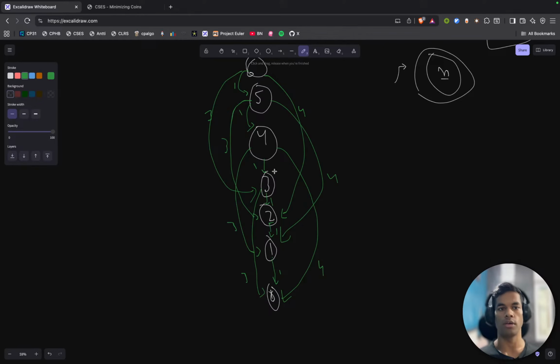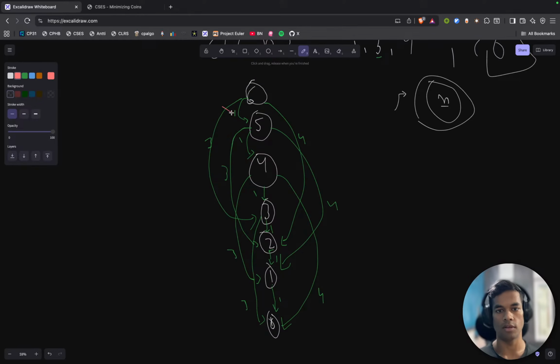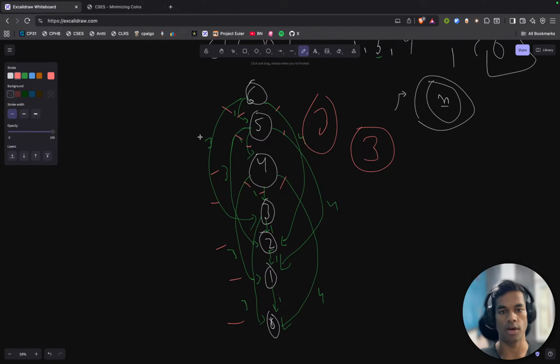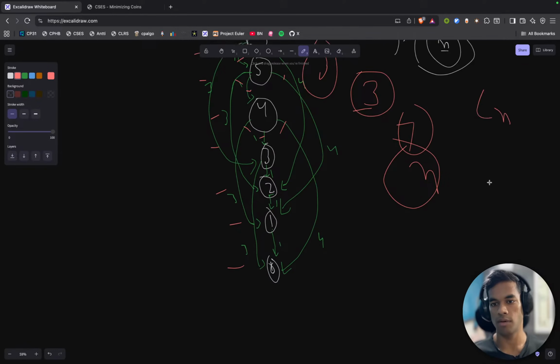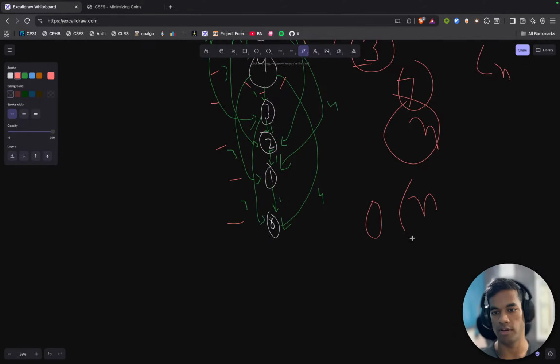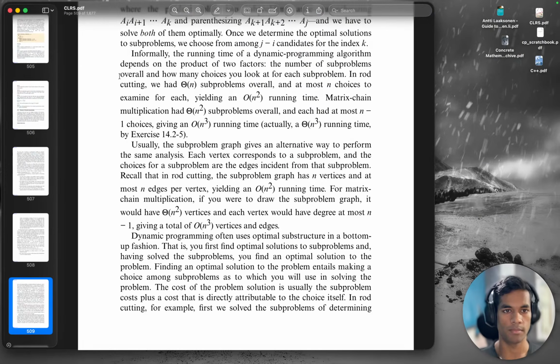So here the maximum degree is 3, for the node of size 6, the node of size 5, and also the node of size 4. The number of subproblems is 1, 2, 3, 4, 5, 6, 7, which is almost like n, and this 3 is the number of coins that we have. So in total, the time complexity is O of n times C, where C is the number of coins. Informally,